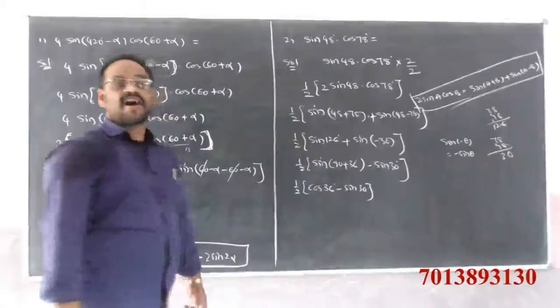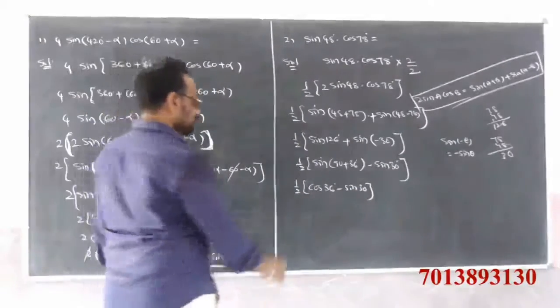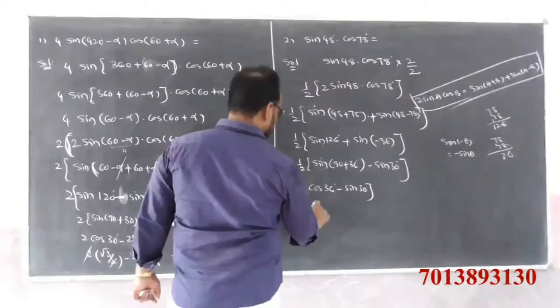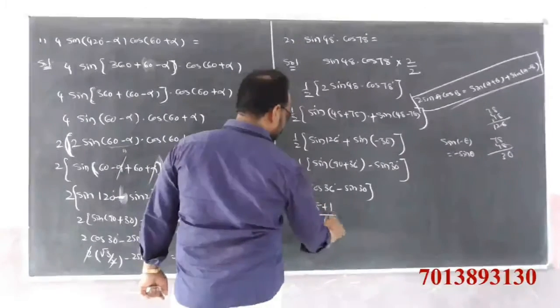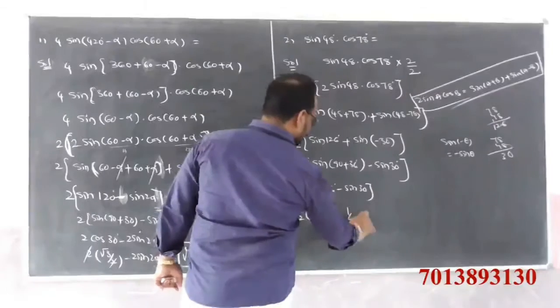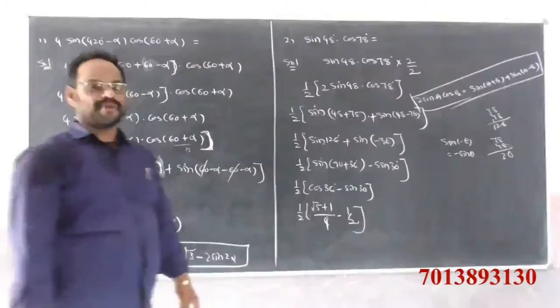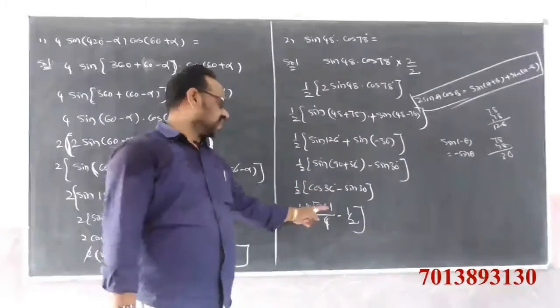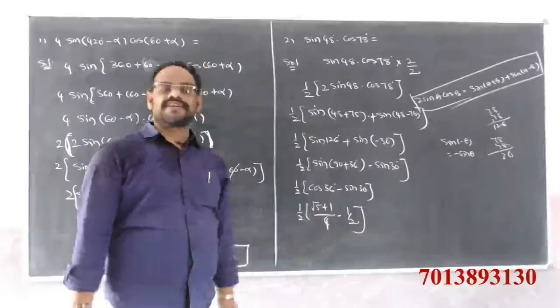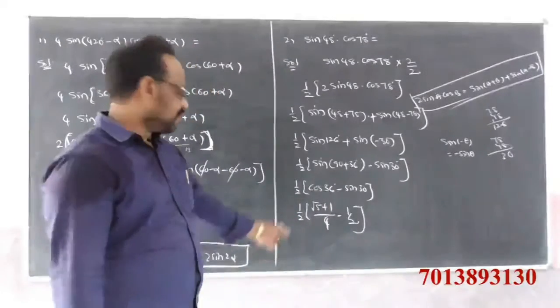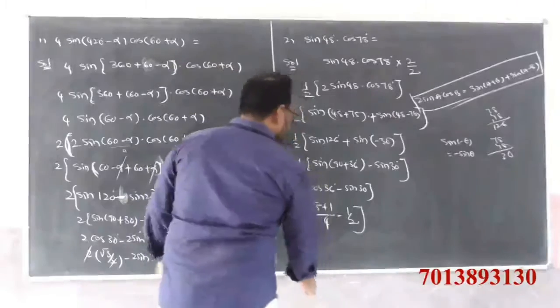Already we know the cos 36 value, that is square root of 5 plus 1 by 4. And the sin 30 value is 1 by 2. If you take the LCM here, we get 1 by 2 into,